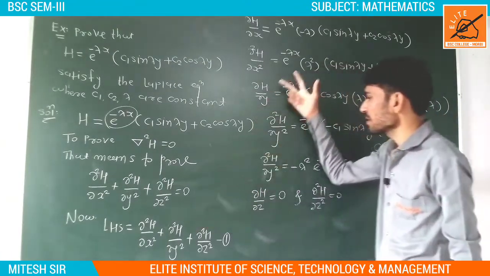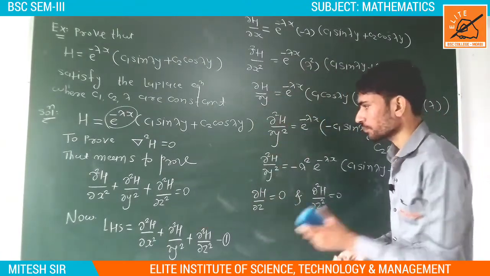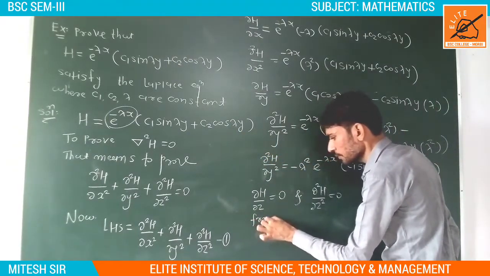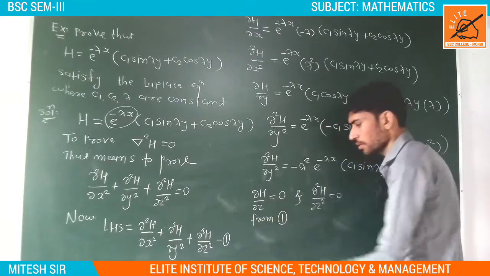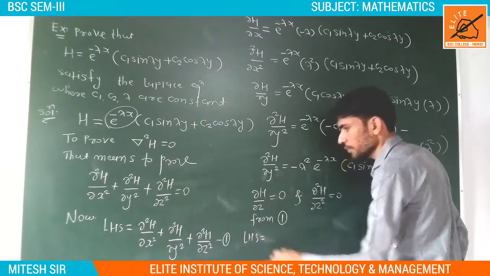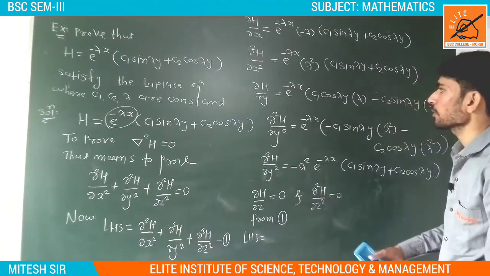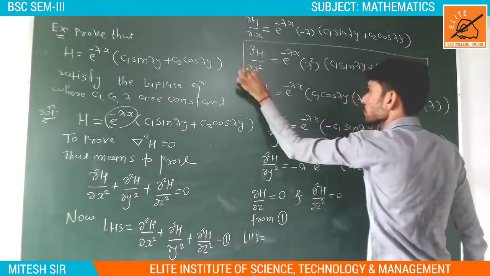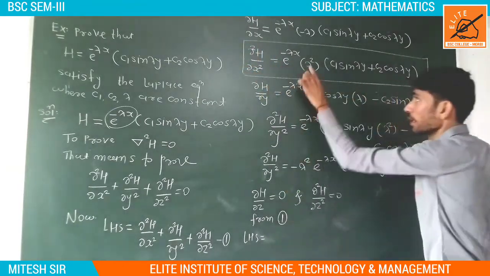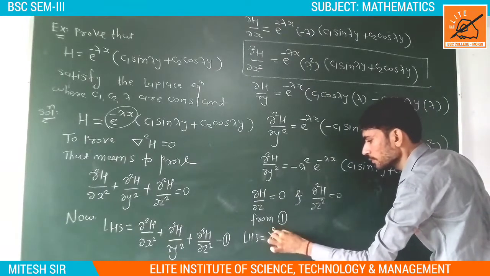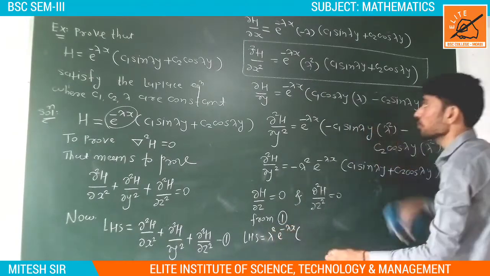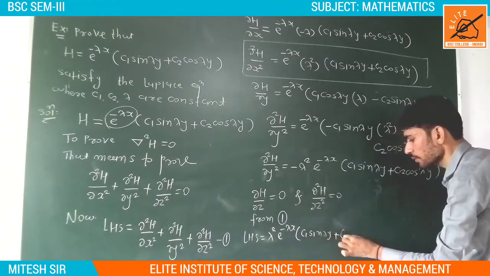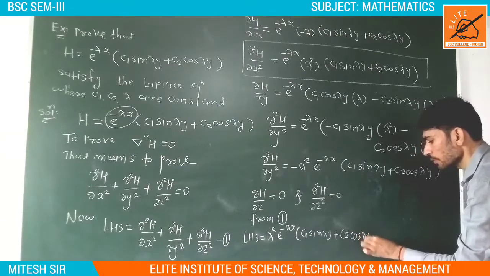Now we substitute these 3 values in equation number 1. So here we write directly from 1. From equation 1, LHS is equal to, what is the value of del square h upon del x square? So this is the value of del square h upon del x square: lambda square e raised to minus lambda x into c1 sin lambda y plus c2 cos lambda y,